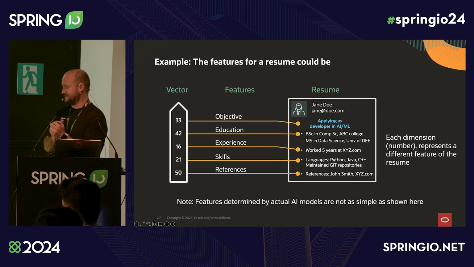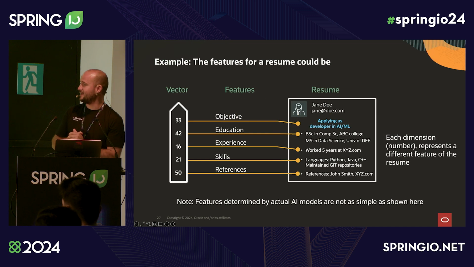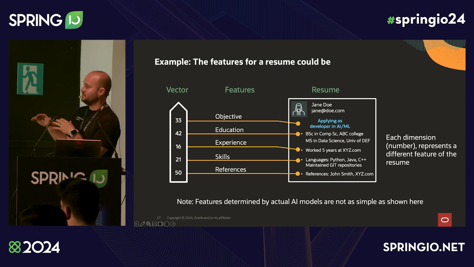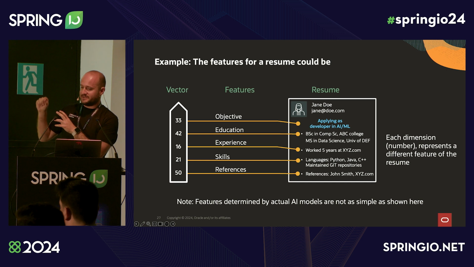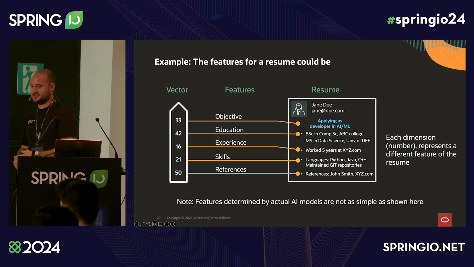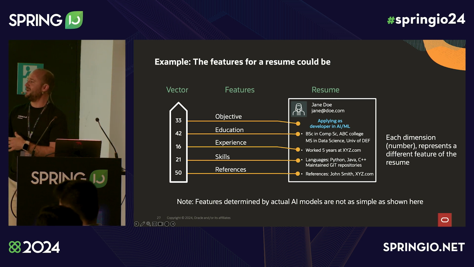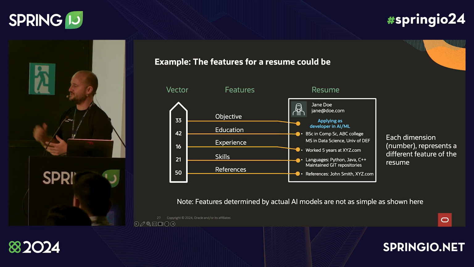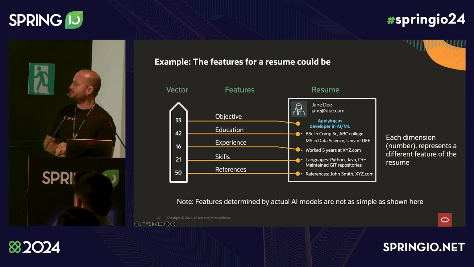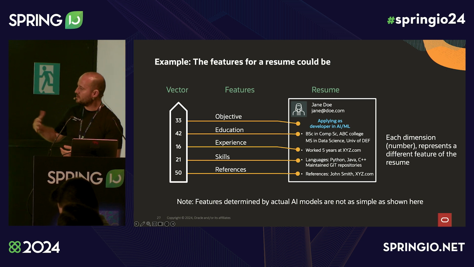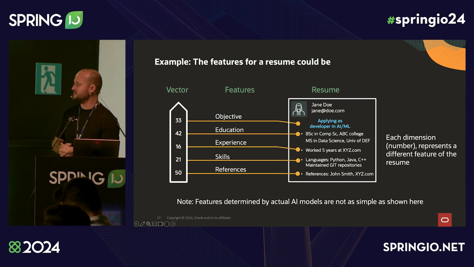A very simple, not accurate at all example of how this works is that if you have a curriculum, all of those numbers, the float numbers on that vector, will represent different qualities. I'm saying it's not exactly like this because it's not a one-to-one mapping. The education won't be on the second position. But it will be, for example, in experience, if someone has more or less 5 years of experience working at